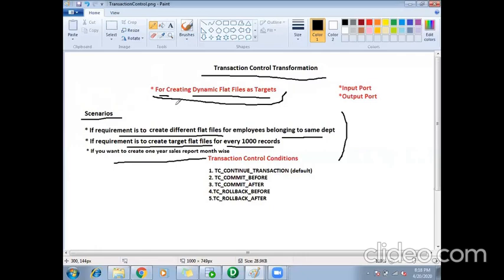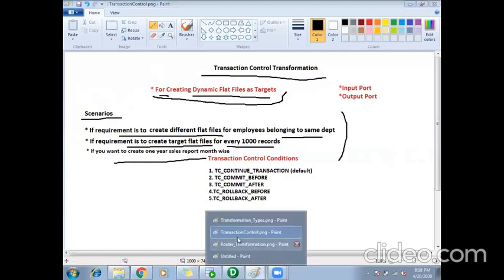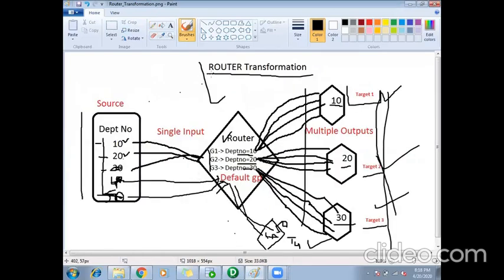And again, in interviews, they will ask you. To start with, they'll say, I have employees working for 3 departments, and I want to generate targets for each department. How will you achieve it? When they say that I have 3 departments in my source, the first option you have to tell is you will do this with router. You will create 3 groups in your router, and from each group you will send it